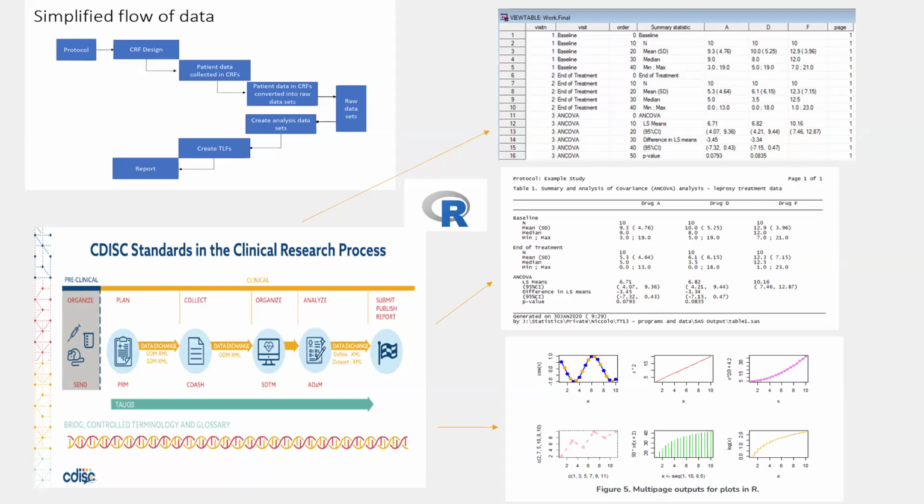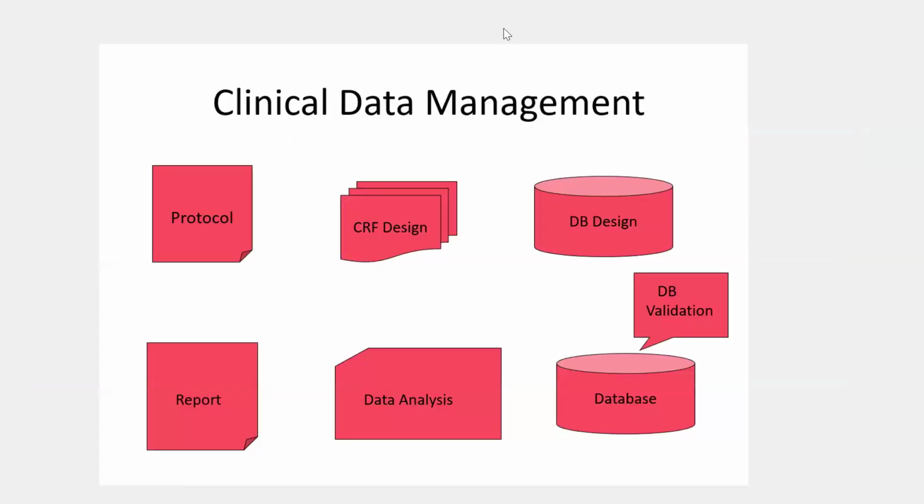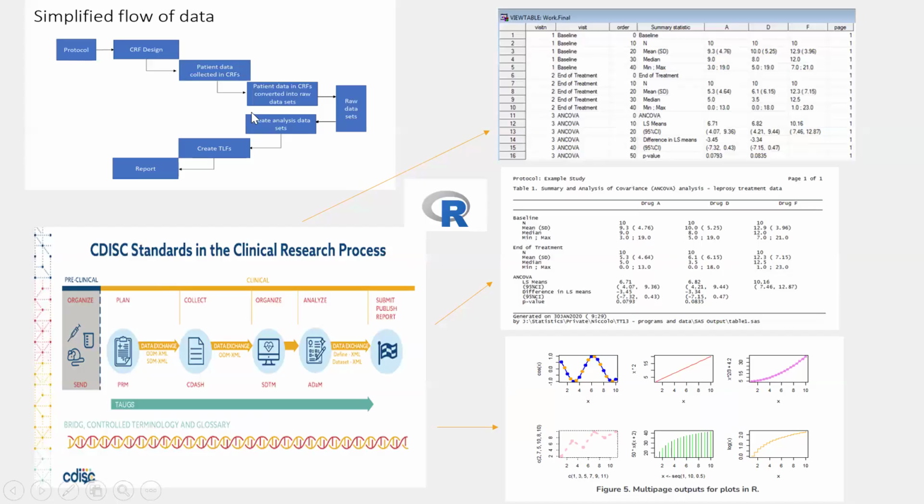Sir, could you please explain the third slide? Okay. Do you mean this? No, sir, the current one, yeah, this one. The CDISC standards in the clinical research process, that flow chart, sir. Okay. That is organize, plan, collect, and. Yes. Okay. So in order to understand this, in the first slide, you saw the preclinical development,